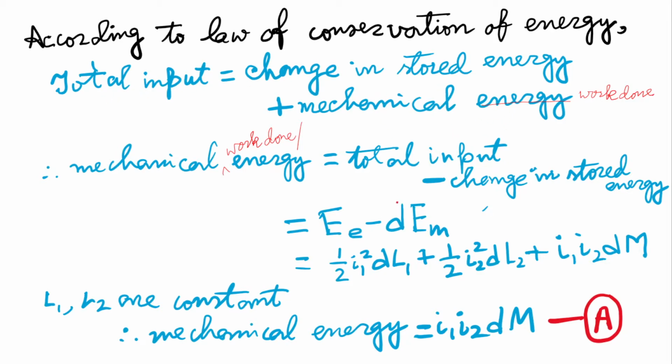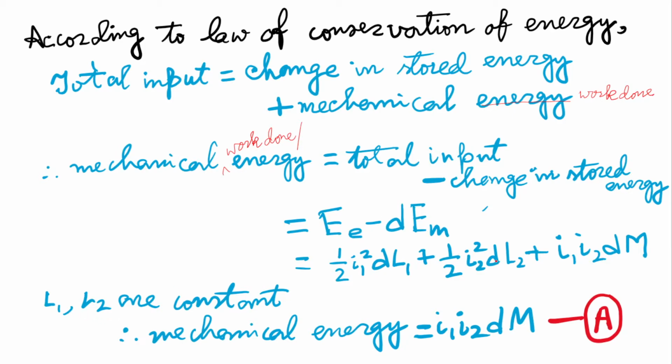Okay, so what is total input? EE, that we have obtained, E1 I1 dt plus E2 I2 dt, minus dEM in the previous slide that we have seen. So by doing so, EE minus dEM, we will get this expression. That again I will tell you to verify by yourself. I think if you proceed correctly, this result will come. I am not showing that calculation because it is very elementary calculations, okay, and unnecessarily I am not wasting the time, but you have to verify it by yourself.